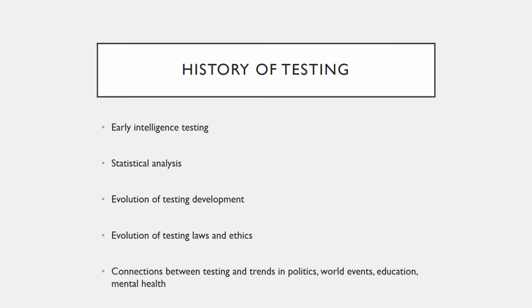For example, the Stanford Binet Intelligence Scale was developed prior to 1920, and it's still something that's around. It's still something that's used. There's of course a more updated version of it, but the origins are still there from the early learning. Bloom's taxonomy of education is still used in modern higher education systems, and that was developed in the 50s. So a lot of these things have been around and really stood the test of time and have just been